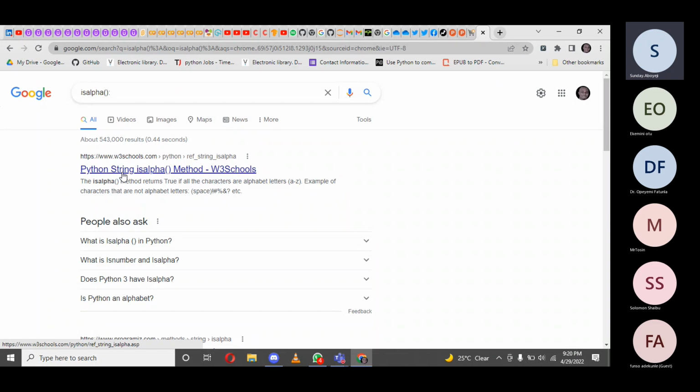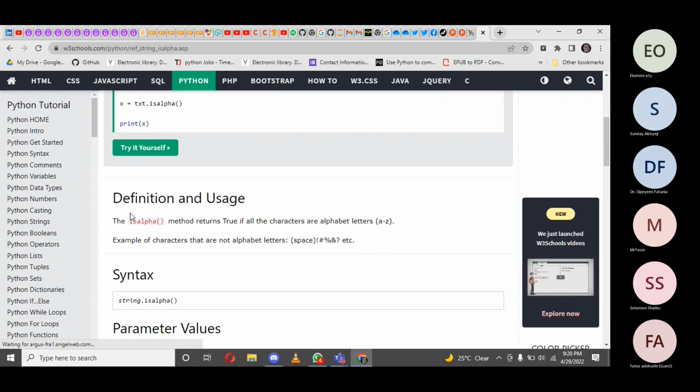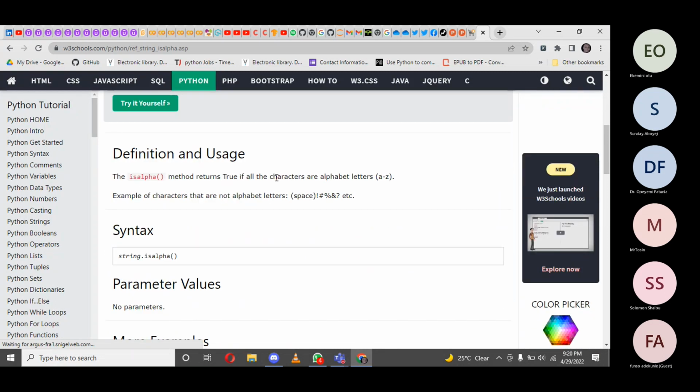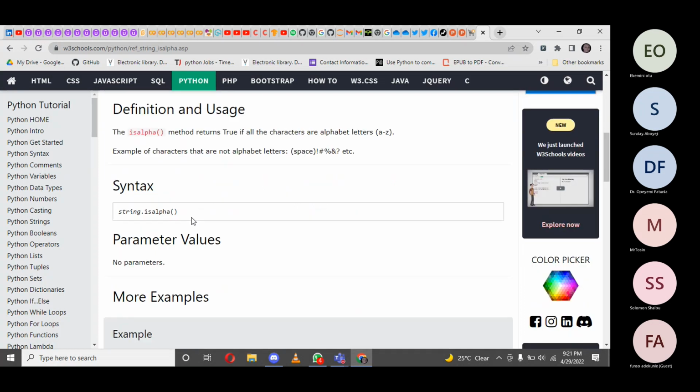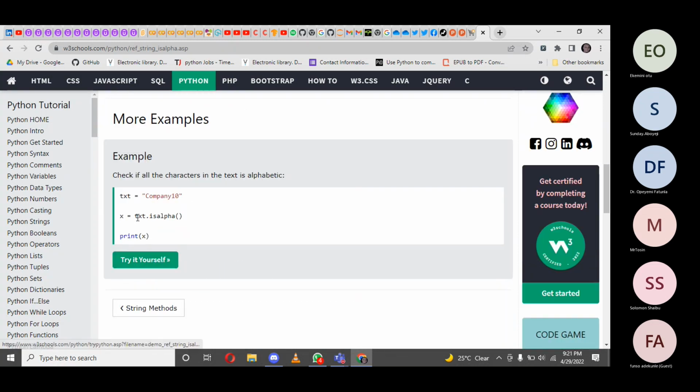So let's use the W3Schools explanation of isalpha. The isalpha method returns true if all the characters are alphabet letters A to Z. Examples of characters that are not alphabet letters are space and so on. For example, for a text like company10, x equals txt.isalpha, if you print this out,